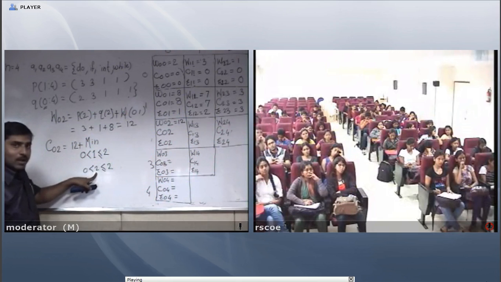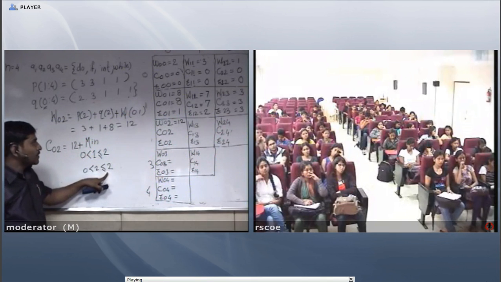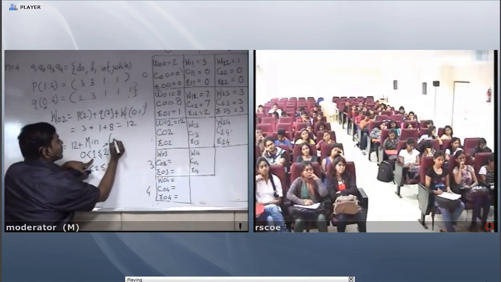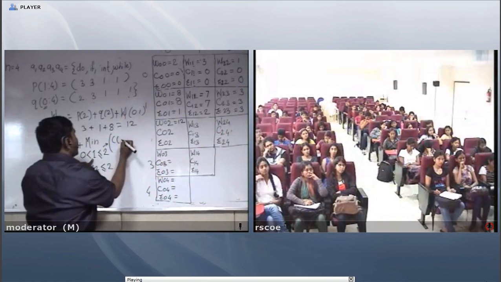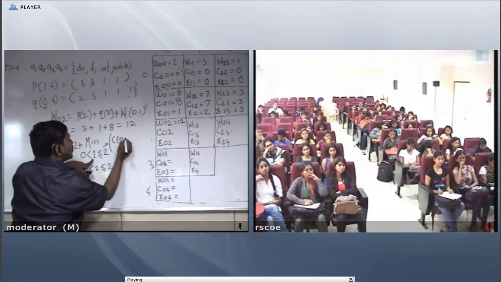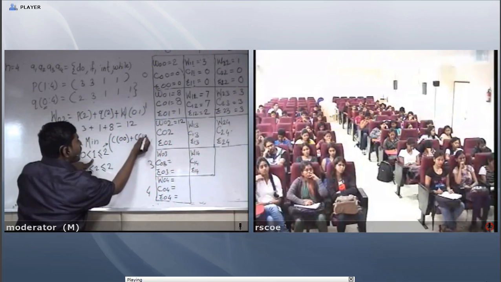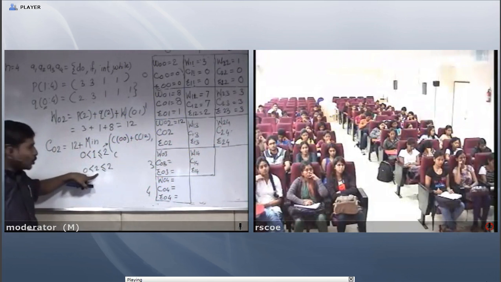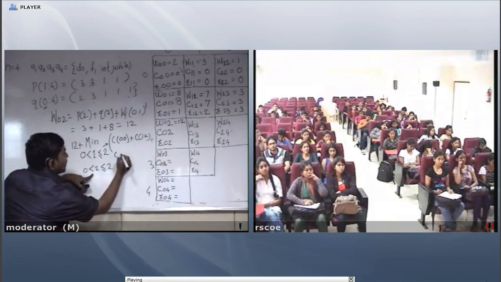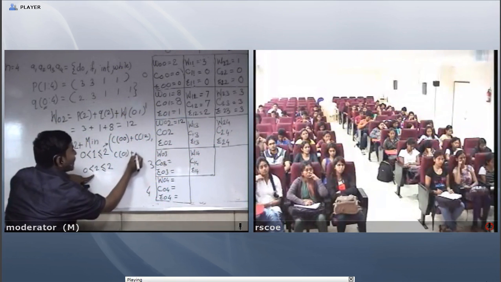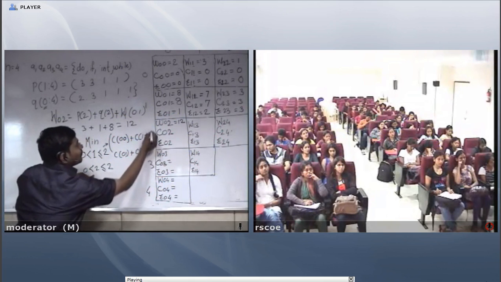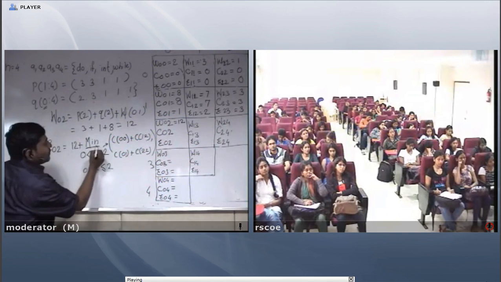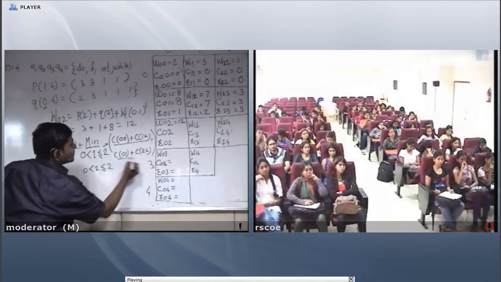I can insert 2, it satisfies the same condition. Now, if I consider the first root, I write the cost: 0 0 plus cost of 1 to 2. If I consider root 2, what is the value? Cost of 0 to 1 plus cost of 2 to 2. Take the minimum value from these two equations.